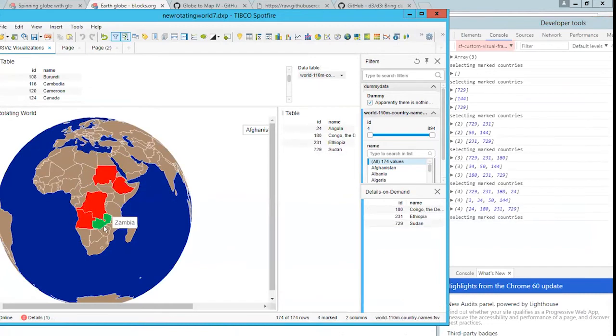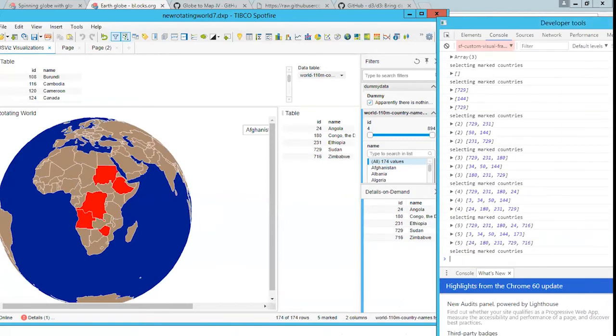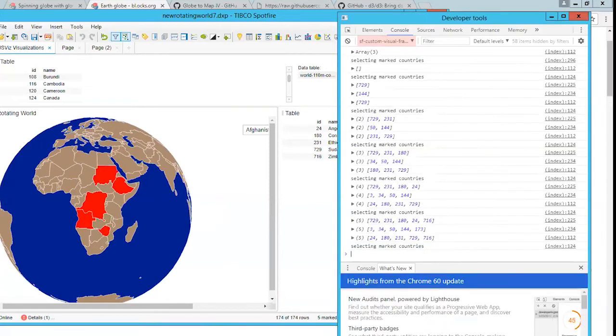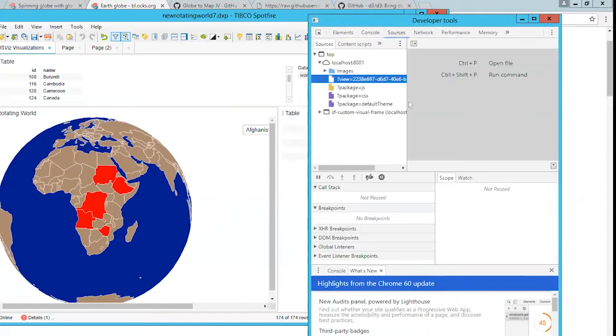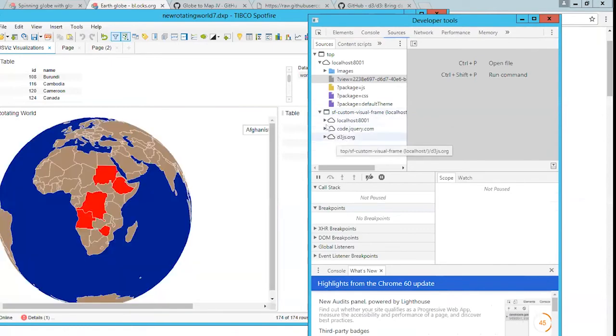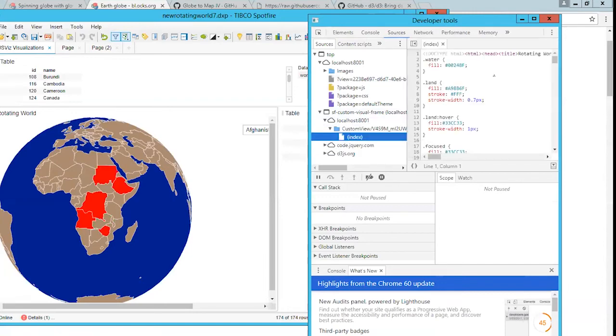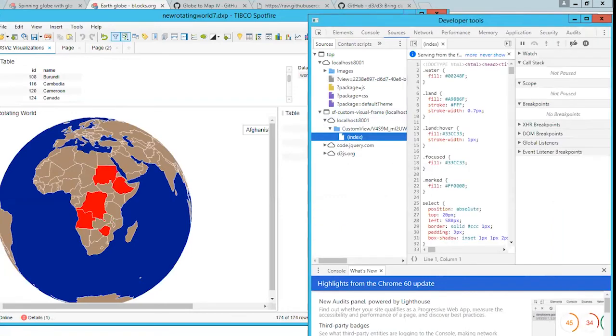spitting out some IDs and other debug information, which is really helpful as you start to debug or do any kind of code beyond the very simple. It's also possible to insert debug statements. So I'm just browsing through to the